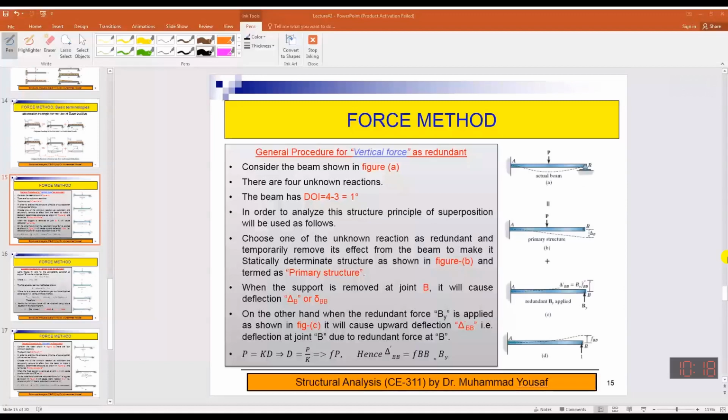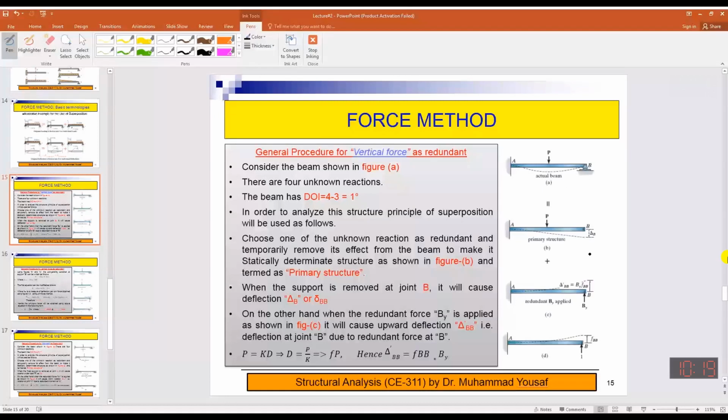So in this case you can see this is the propped cantilever beam. This has been broken into two separate beams under the principle of superposition. Now the combined effect of these two will be equal to the effect of the actual beam. Now in this case, if you take the vertical force as a redundant, then